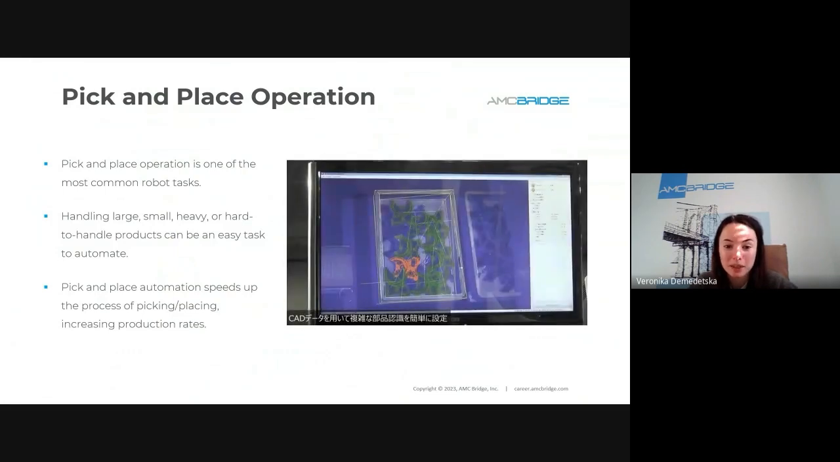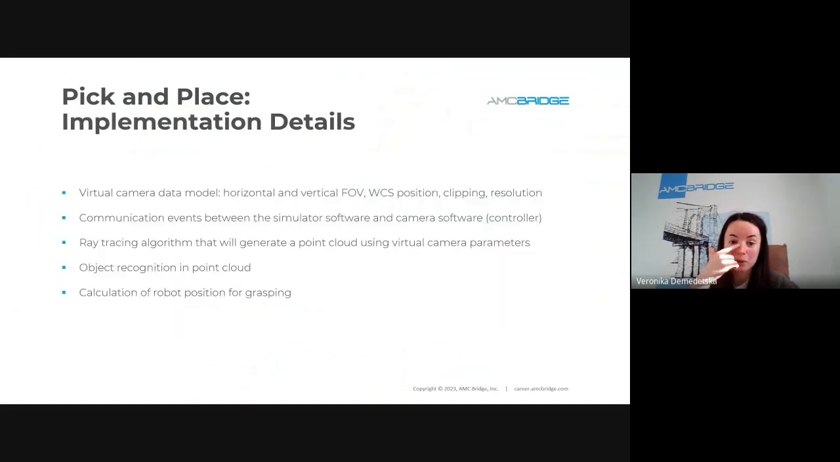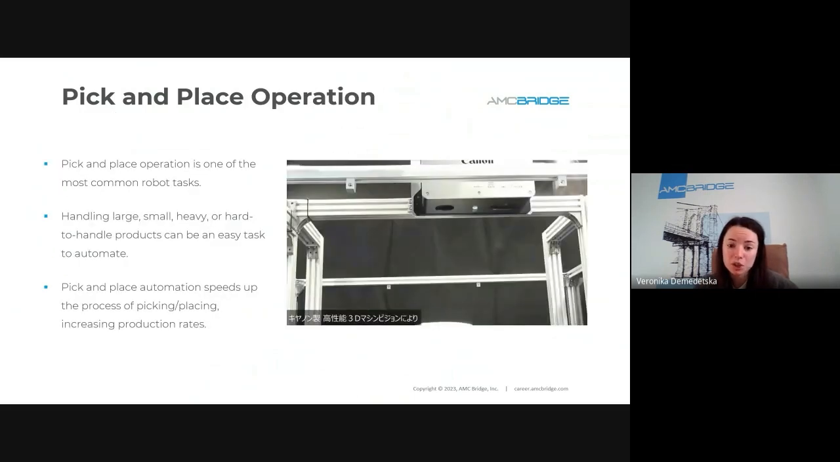So to implement the pick and place operation, we will have to think about and implement in our software such ideas and models as the virtual camera model. So we need to implement and set up all the parameters we need to describe the virtual camera: field of view, position, clipping, the resolution of the camera,